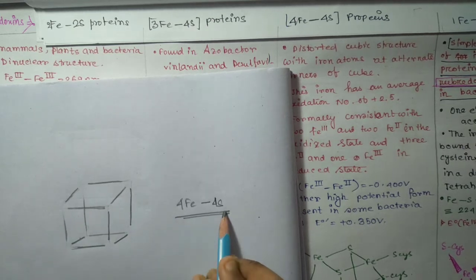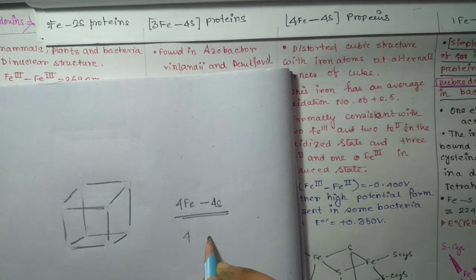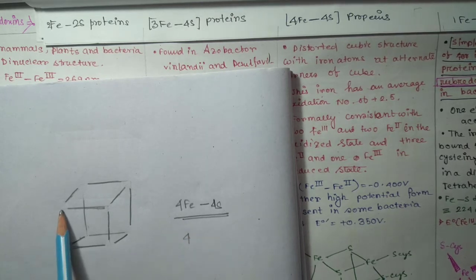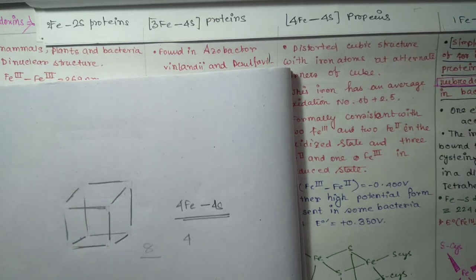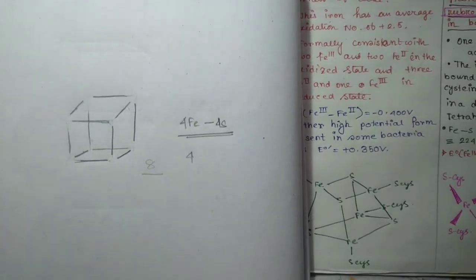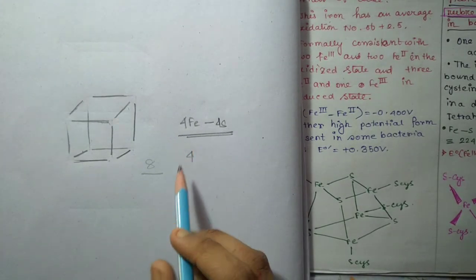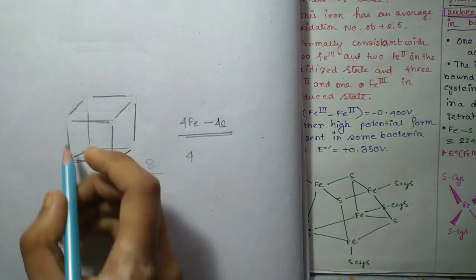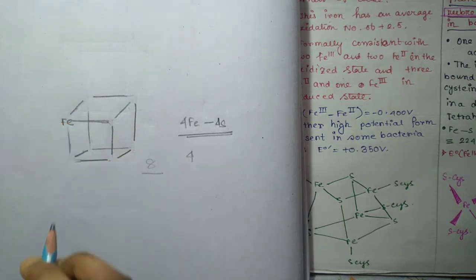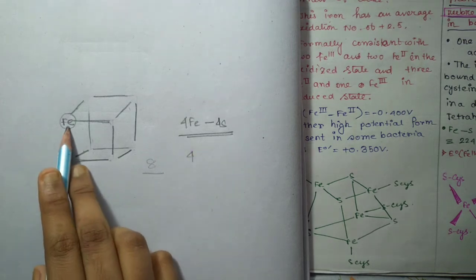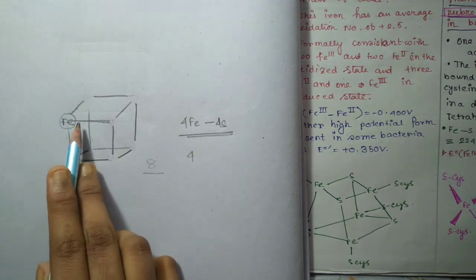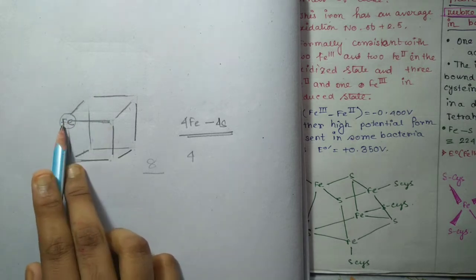For Fe4S4 there are 8 atoms, and we have 1 2 3 4 5 6 7 8, 8 corners. So we can easily attach these atoms at these corners. Now for Fe, you can take any corner like this. If you take this ferrous iron in this corner, it will be attached with